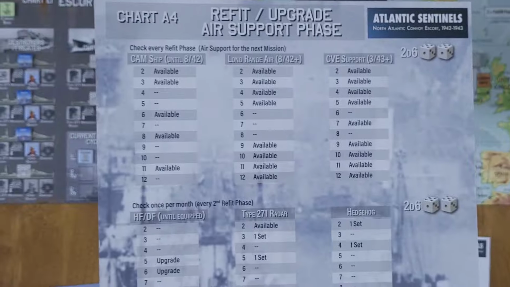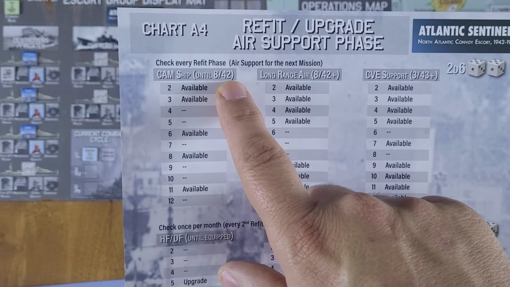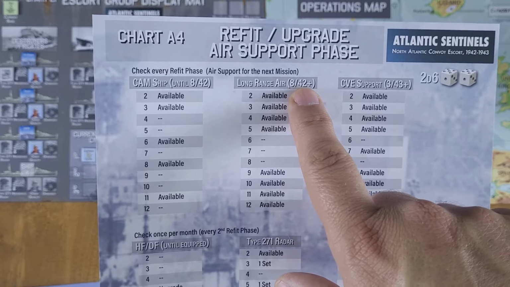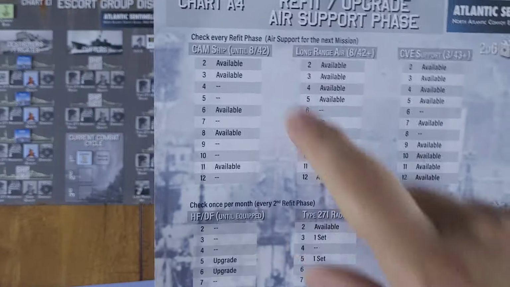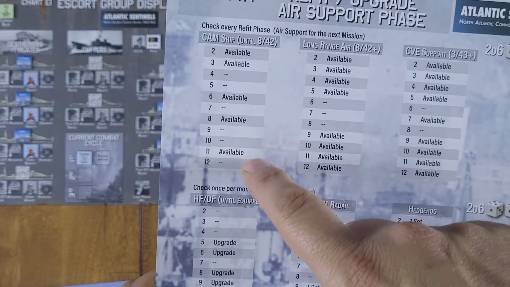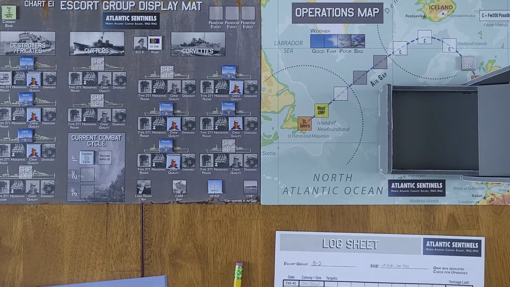All right, so here's the chart. We have a CAM ship until August of '42, and then we get long-range air from August '42 on, and then possible escort carrier support from '43 on. You can see here we roll 2d6, and the 2, 3, 6, 8, and 11 would indicate we would get close air support. So we'll roll 2